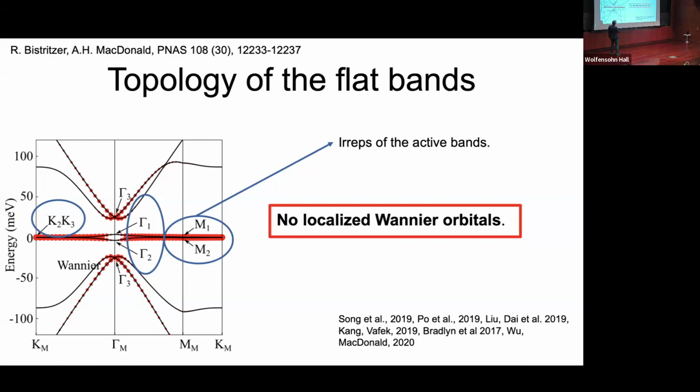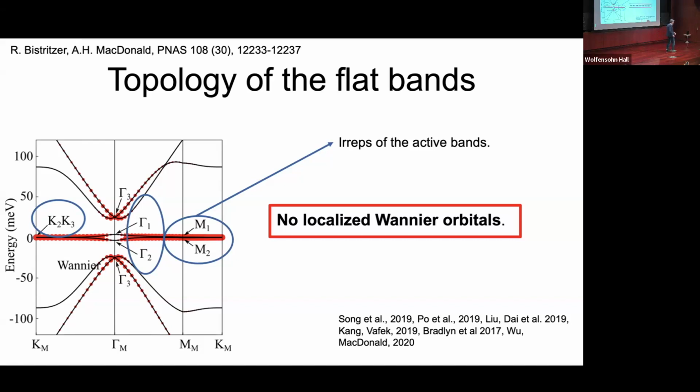There's actually plenty of representations here. So I propose we take a low energy Hilbert space that's contained within plus 50 milli-electron volts to minus 50 milli-electron volts. This is accessible by Coulomb interactions, okay? And we try to perform a unitary transformation in this Hilbert space and see what we get. And this unitary transformation should be such that I can obtain flat bands which are exactly localized exponentially, coupled to some other bands that are not exponentially localized, so that in the end, I can reproduce the band structure of